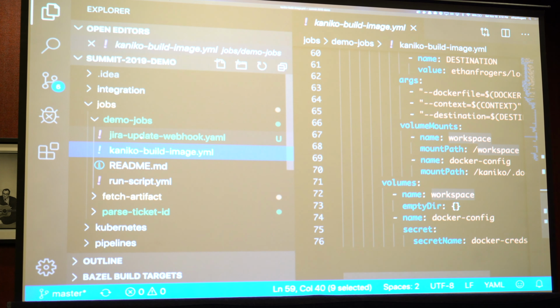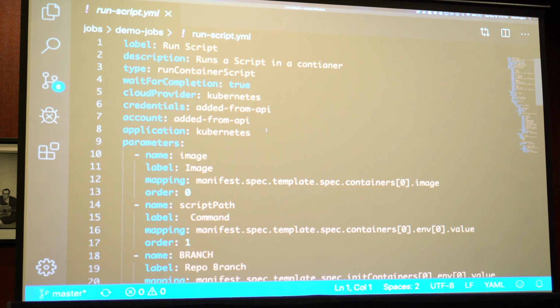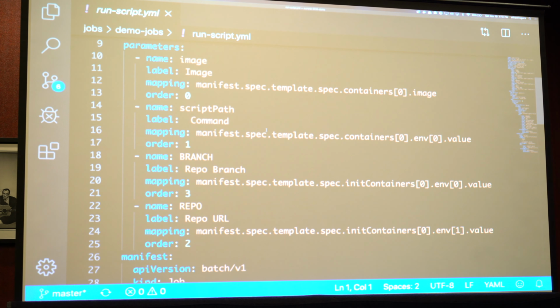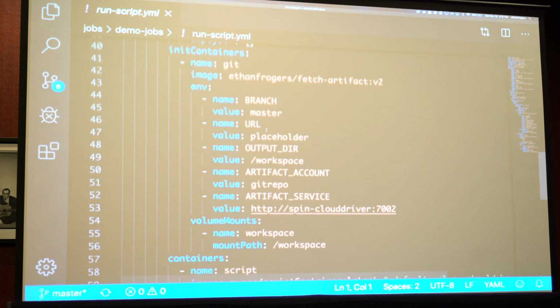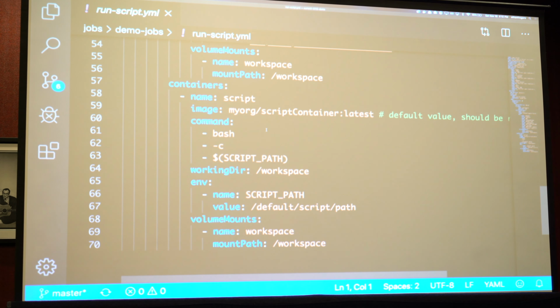So the other stage that we have is the run script stage, which uses the same kind of practices, except we do a slight variation. So again, we have repo and branch to capture that information from the user. But we also let the user specify the image that they want to run their script in, so they can define their runtime. But then they also specify the command. So in our case, in our pipeline, the command is supply this endpoint and run this